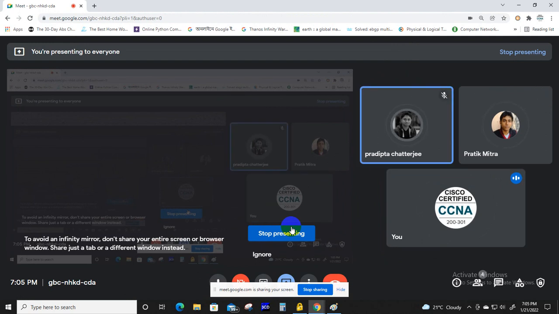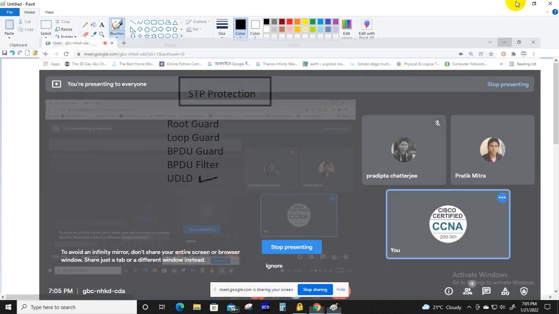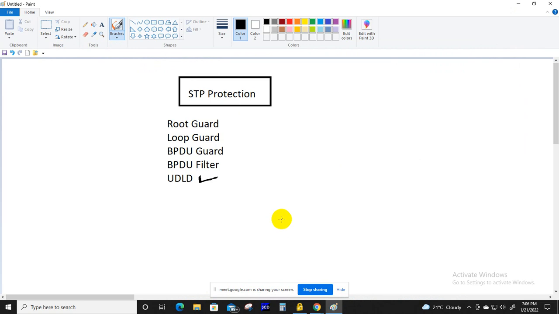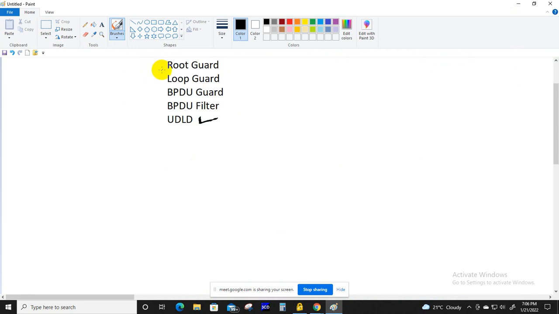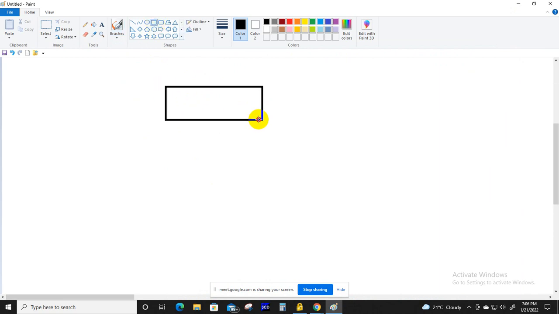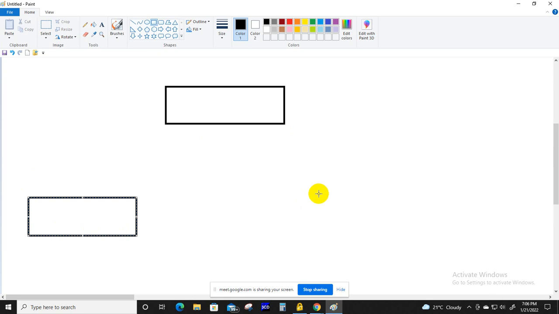হ্যাঁ স্যার। ওকে, ঠিক আছে। চলো আজকে আমরা আরম্ভ করব রুট গার্ড দিয়ে। হোয়াট ইজ রুট গার্ড ইন এসটিপি? সো ফার্স্টে আমি ধরে নিই আমার একটা এক্সিস্টিং টোপোলজি আছে। দিস ইজ মাই এক্সিস্টিং টোপোলজি।